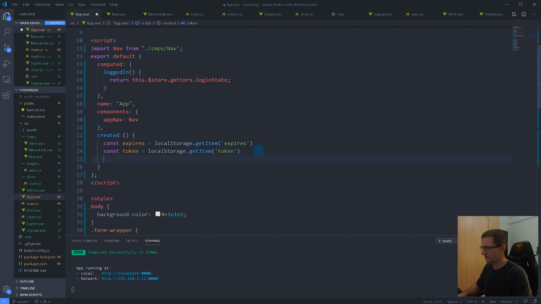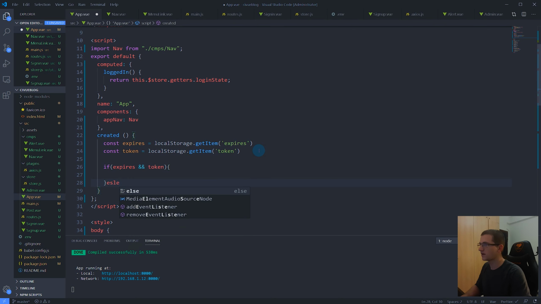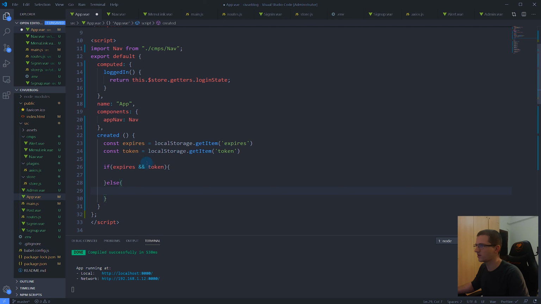And what we can say here is if these two values actually exist, then we can run some methods and validate if they are valid or not. So for sure, if at least one of them does not exist, then